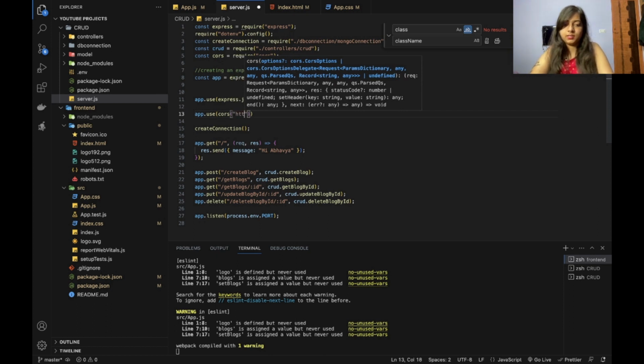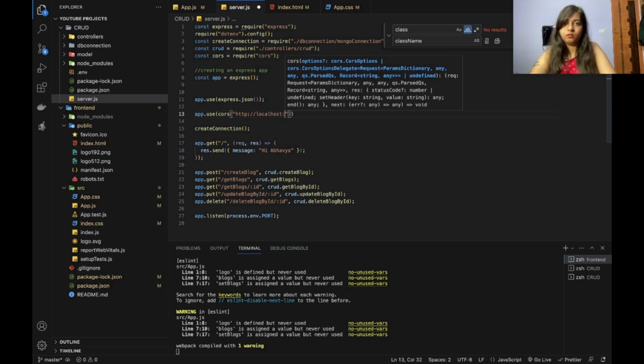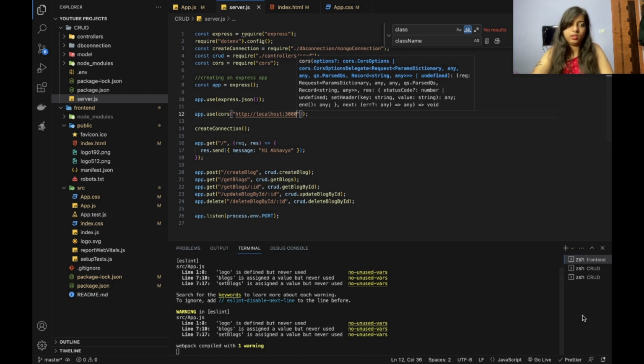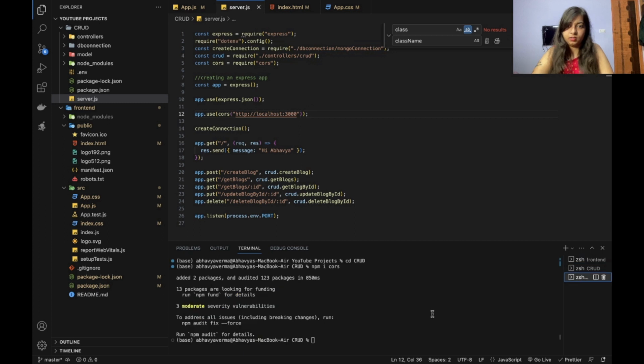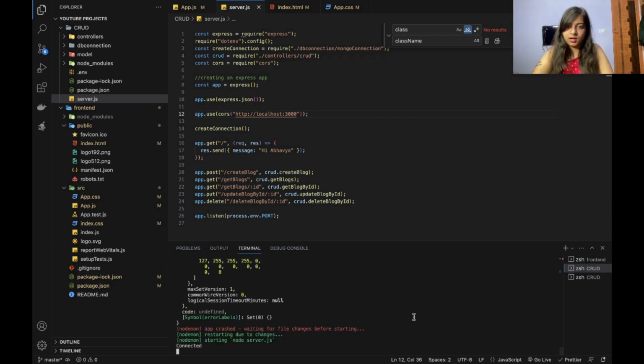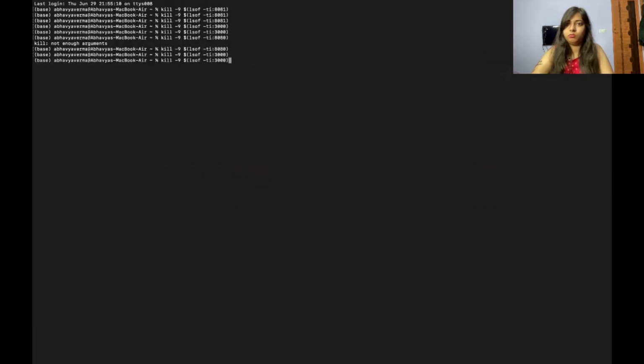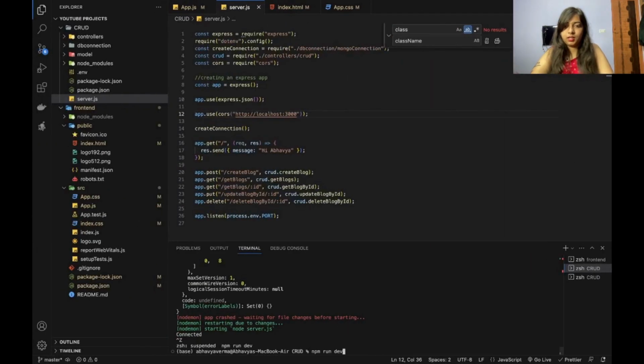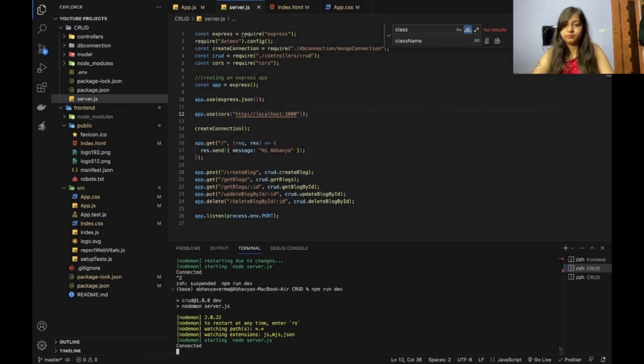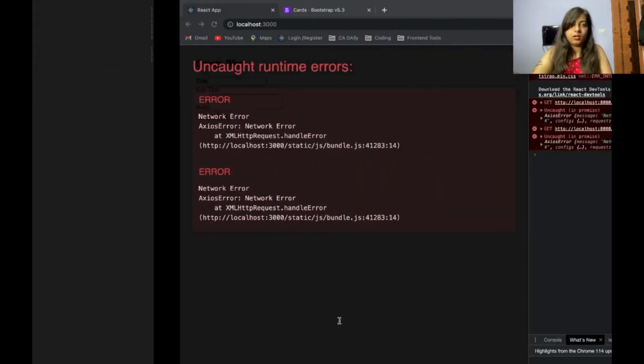I will give it as port 3000. Okay, just save everything. Stop your backend server and restart it. I will need the terminal to get the port clear. Then again I will start my backend